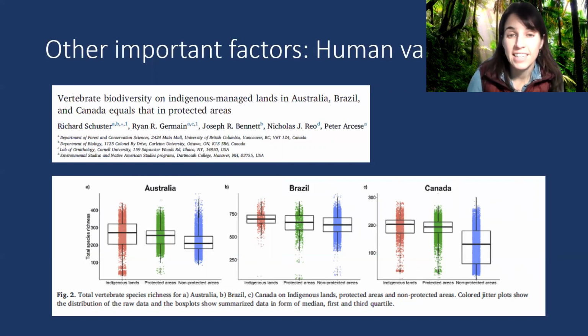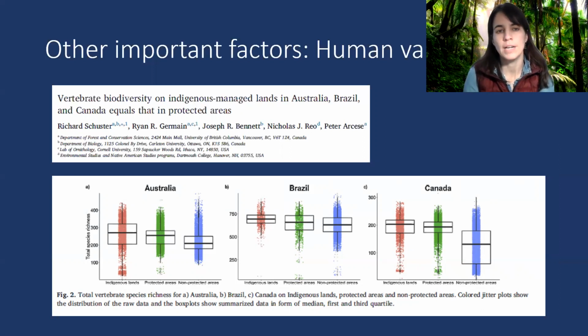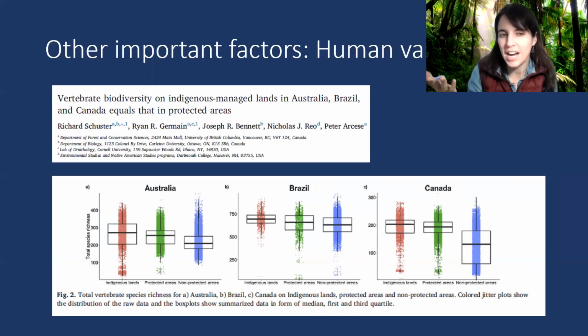So if you look at that graph, the box with the thick line through it is the mean. So the mean vertebrate species richness is higher in the indigenous managed lands for all three of those places. So this is really important to think about, right? It's higher, unsurprisingly, than non-protected areas, but it's even higher than state protected areas. So this leads us to an important point, which is that